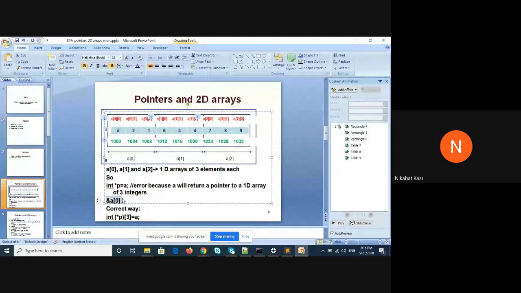Okay, and to contain a 1D array's address, you cannot have a simple pointer to an int. You need a pointer to an array. You need a pointer to an integer array of that size. The size is 3, right? There are 3 elements in each of these 1D arrays. So that is why the correct size is 3. So you should understand this first. To understand the relationship between pointers and 2D arrays, this concept is very, very important. Once you understand this concept, you will understand all the expressions that we had seen last time.